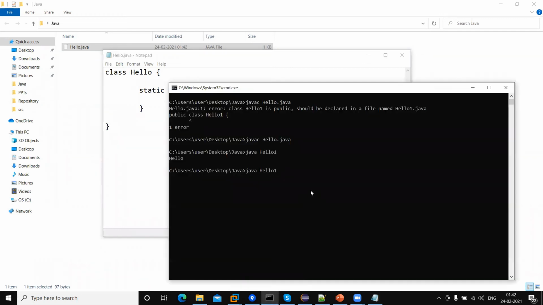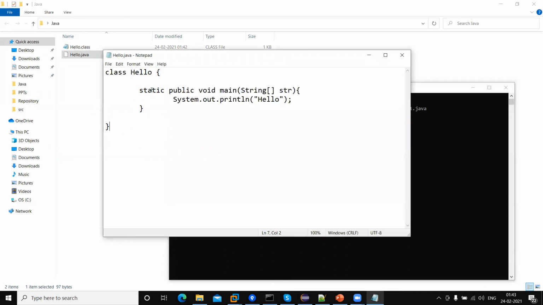And let me run this. Once the compilation is done, I need to run the class. Now you can see this is running successfully. It means we can swap the position of static and public. And let me move void anywhere, like the start, and run the program.